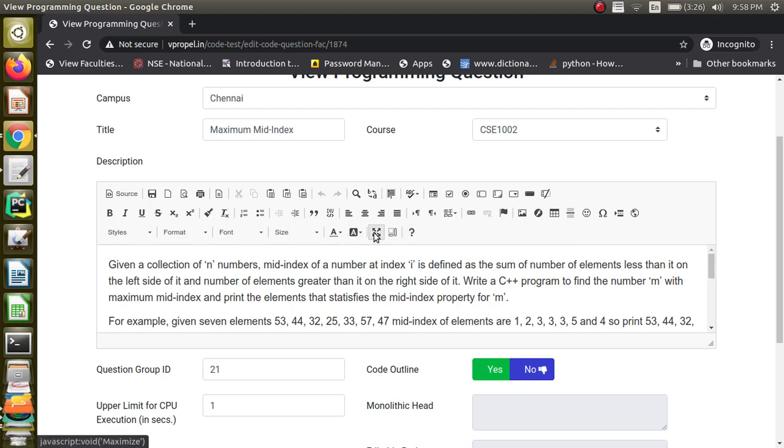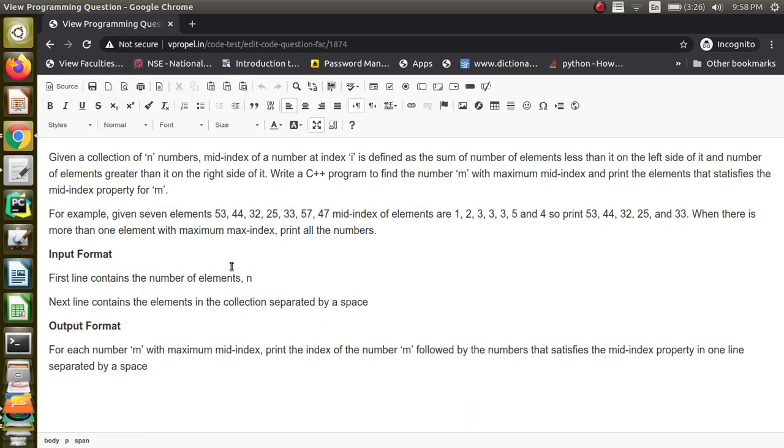So whenever we are going to give a question, we have to give the description, and then it is very important that we give the input format and output format. This is common for all the online judges, because when we are writing code by ourselves and we are going to test it, we know what should be read first. When there are some 2 or 3 inputs that have to be read from the user, we know the first input will be, for example, I am writing a program for computing simple interest.